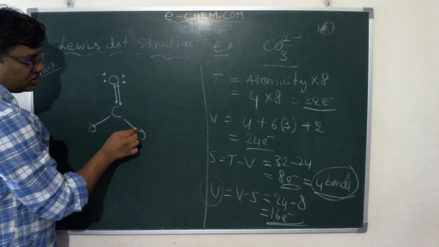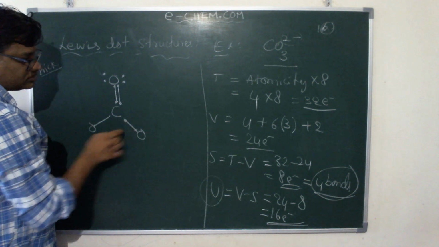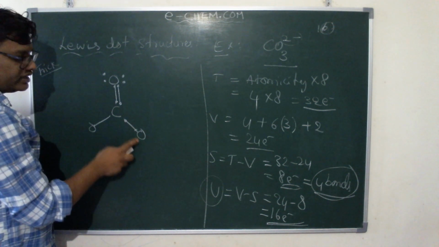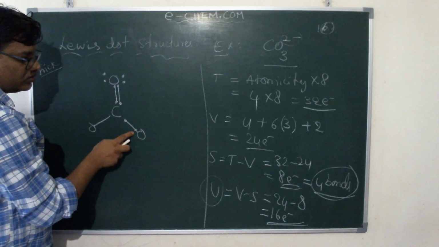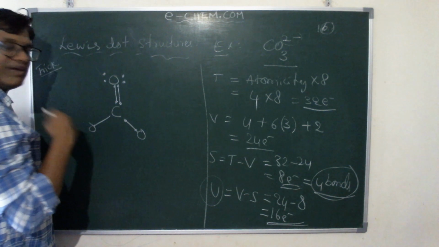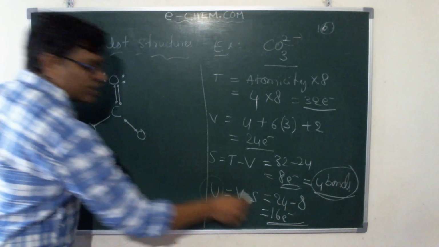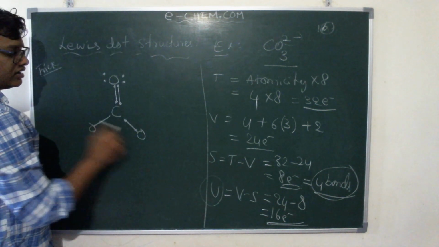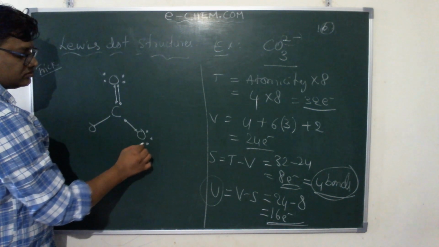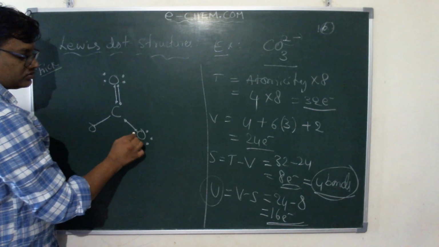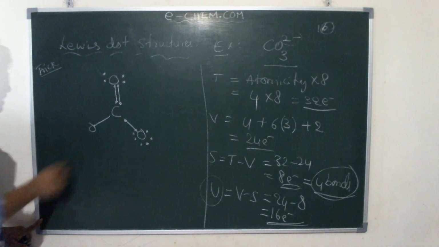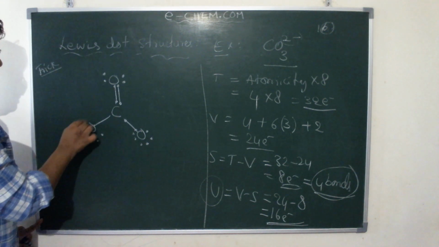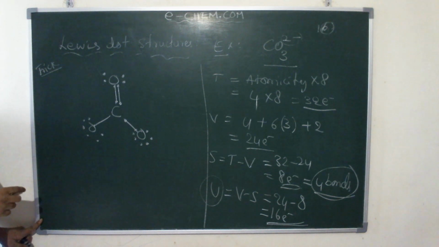So this oxygen connects to the carbon with a single bond. So the bond pair already belongs to both the carbon and oxygen atoms. So this oxygen is having 2 electrons already, the bond pair. So the remaining 6 electrons are required. So among 12 electrons, 6 electrons will be distributed here. Remaining 6 electrons will be distributed here, right?